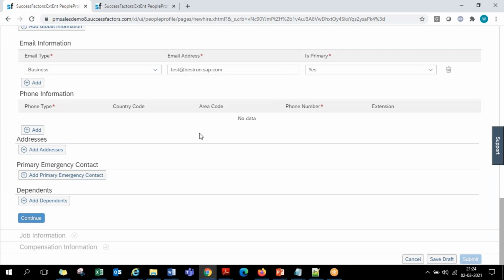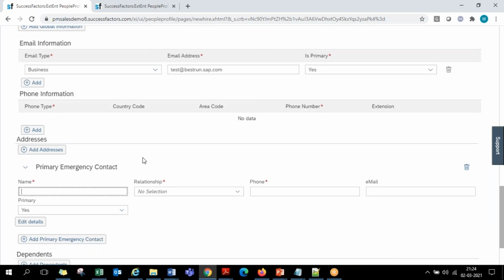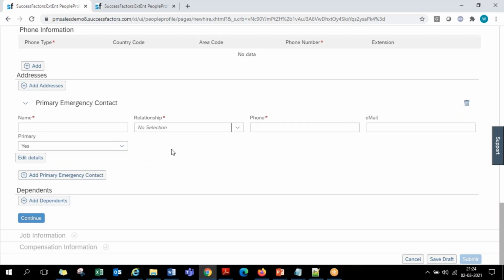And then here we have primary emergency contacts. In case of any emergency created to you, to whom we should be first able to contact. Dependents and emergency contacts are different, guys. Say for example, you're an Indian working somewhere in UAE or the Middle East, or some other country if you're working in.